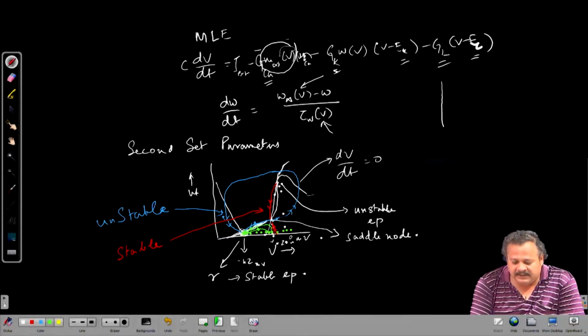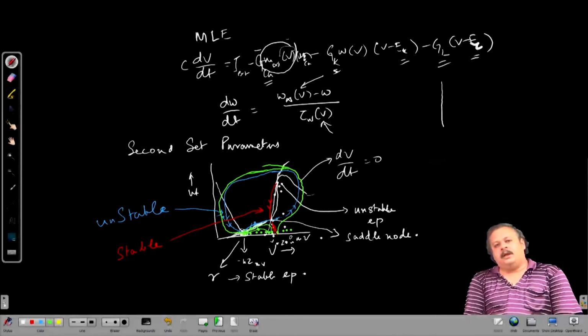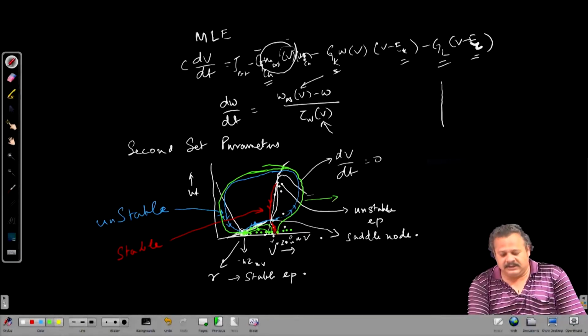And infinitesimally to the right here, it will diverge and move along this unstable manifold and go back into the resting membrane potential, and this is what is going to be the action potential,